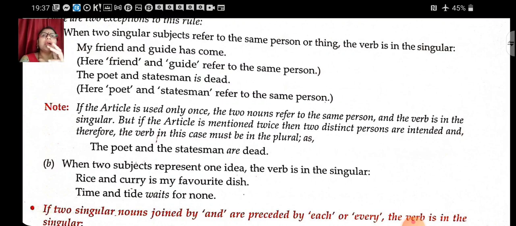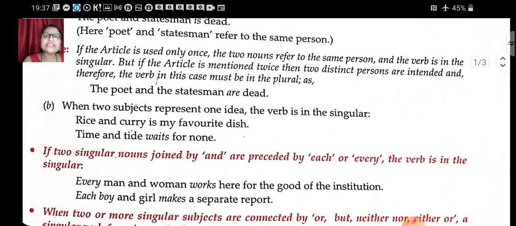Sometimes there are some substances which can be used together. Time and tide waits. Now if there is an s, don't get confused, ma'am. There is s, it means the verb becomes singular. But here time and tide, two things? No, it's not two things. Time and tide is a kind of proverb, or you can say a kind of idiom, which always comes together. So the time and tide waits for none. This is the same, I believe, like the question in your assignment part also. But there they have changed it to time and tide waits for no man, something like that.